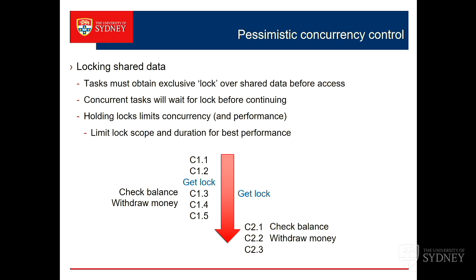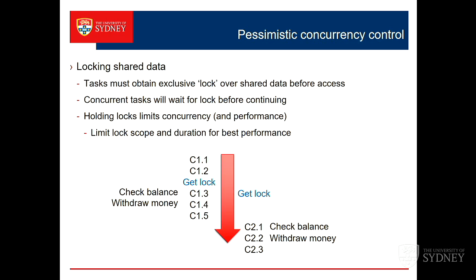C1 comes along, and before it checks the balance, it says, I'm going to look at the balance for that account. I need to lock that account record. And it gets the lock. And then things happen, and it loses the machine for a while. It doesn't matter. C2 comes along and says, I want access to that account. It says, you have to wait. It's locked. And then C1 will release the lock when it's finished. C2 will then be granted the lock and continue on.